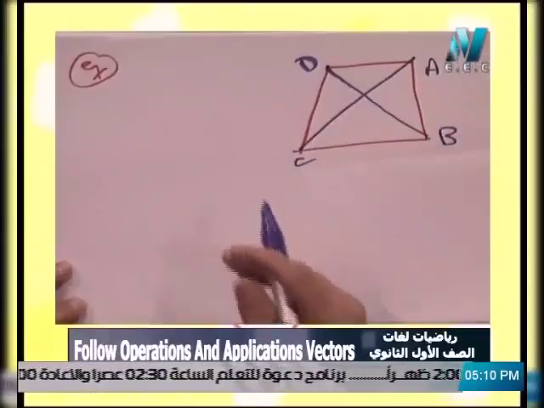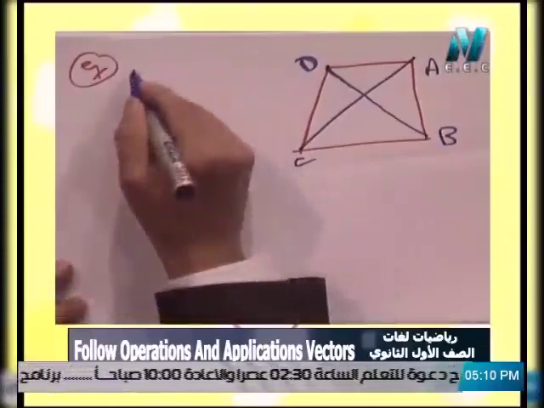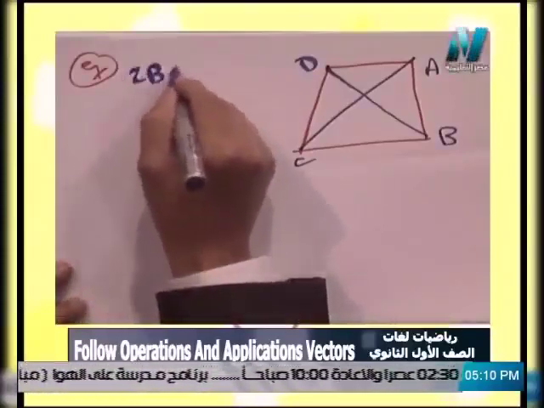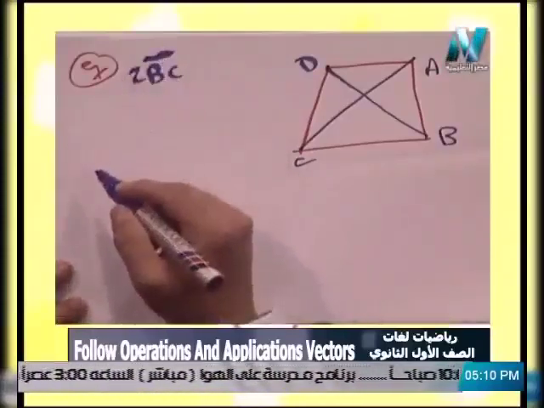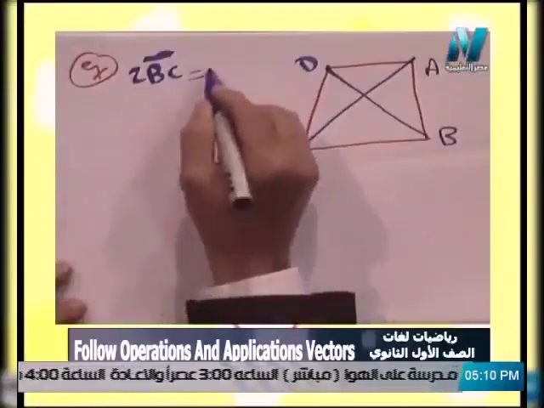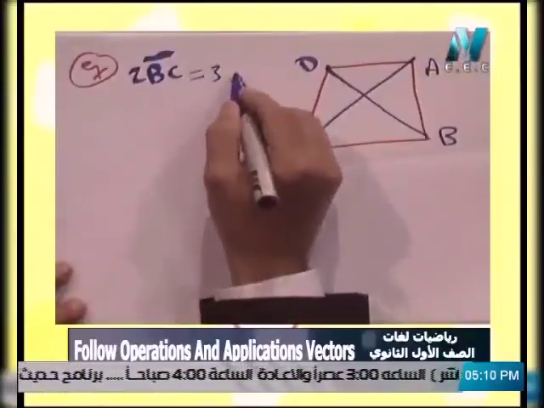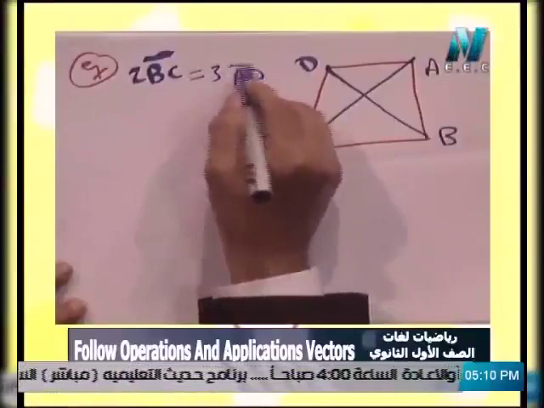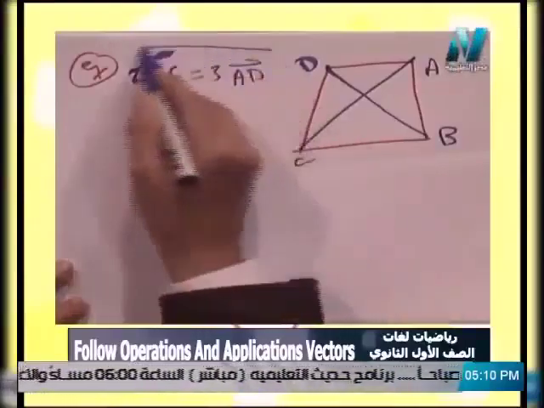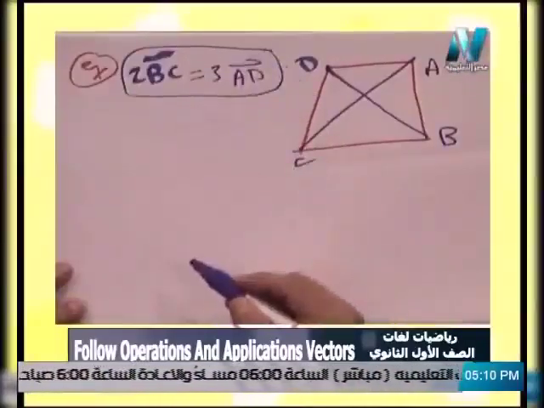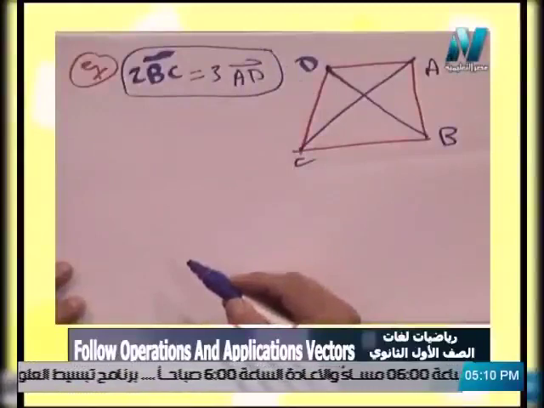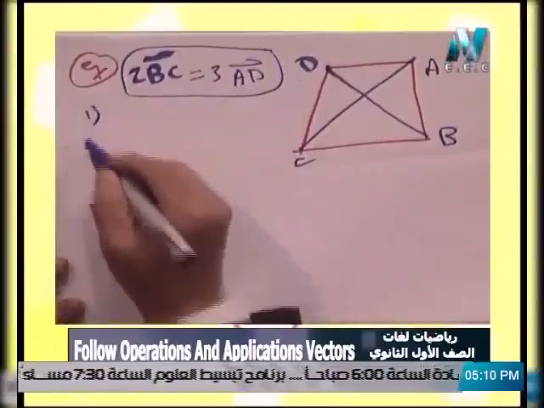Okay, and we have a relation here between BC, twice the vector BC equals 3 the vectors AD. So we have a relation here between BC and AD, and the request is to prove that